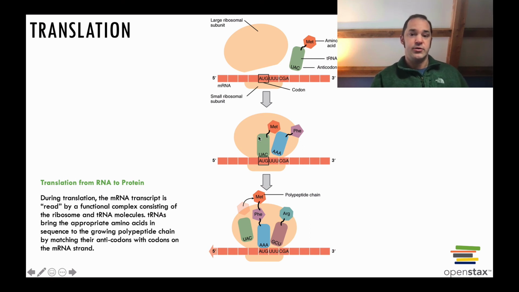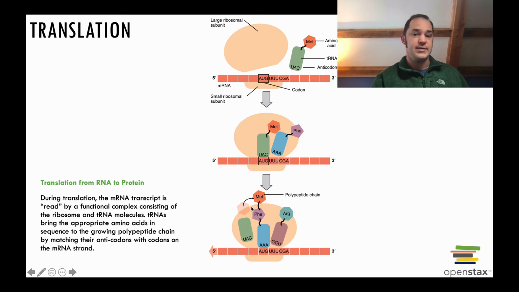The ribosome is going to shift down another 3 nucleotides and read this codon next. And then this transfer RNA will bring the correct amino acid